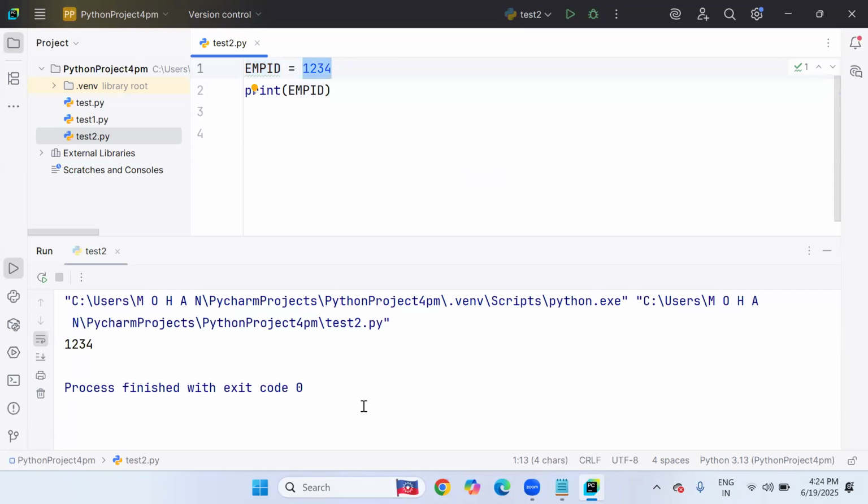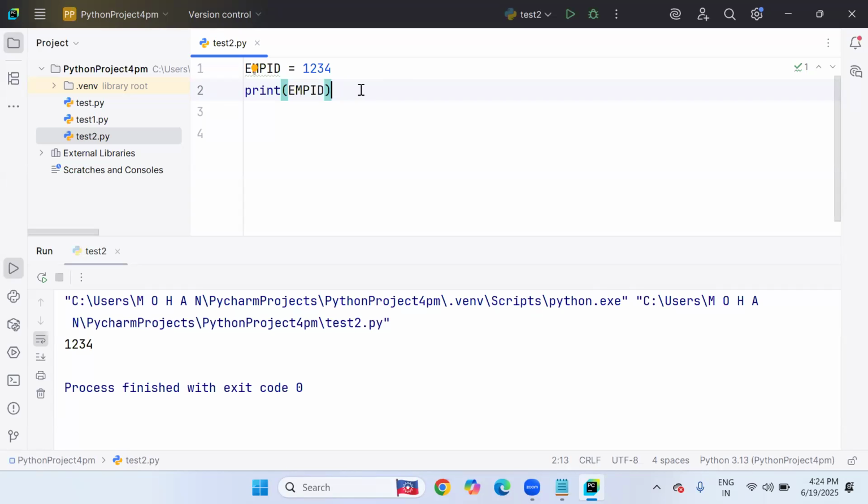But still, if somebody wants to change the value, they can change it. Why? Because Python does not support constants. It is just for conveying purposes that we use